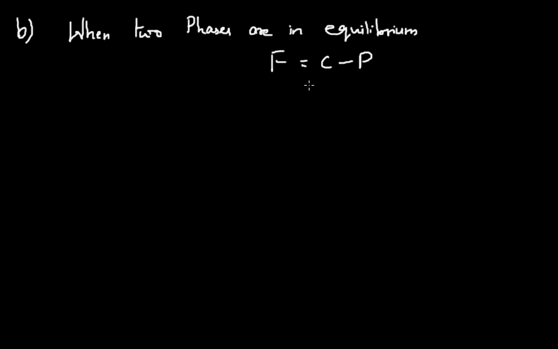When two phases are in equilibrium, F is equal to C minus P, that is 3 minus P, and it is 3 minus 2. So when two phases are in equilibrium, degrees of freedom is equal to 1, which implies that